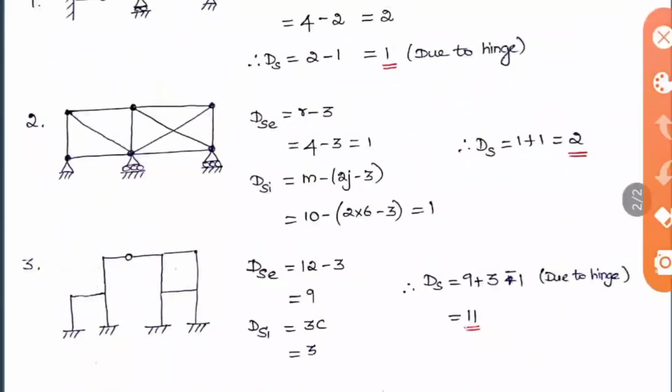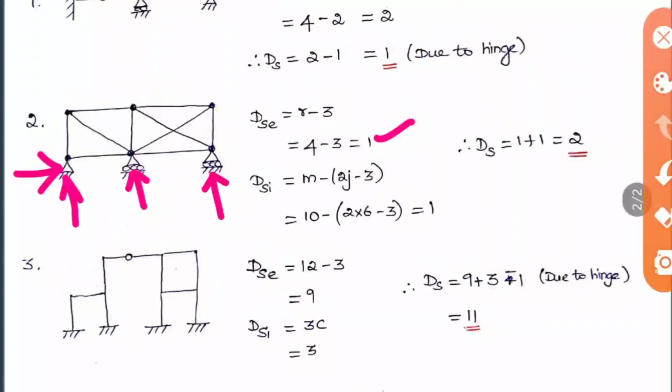The next problem we are going to see is a truss-like structure. Here we have a hinged support, therefore 2 reactions, 1 and 2 included. In trusses and others, we should consider the horizontal reactions. Only in beams we should neglect that. So here is a roller, so 1, and here is a roller, so 1. So there are 4 unknown reactions. So r minus 3 will be 4 minus 3, so you will get 1 as the value here.